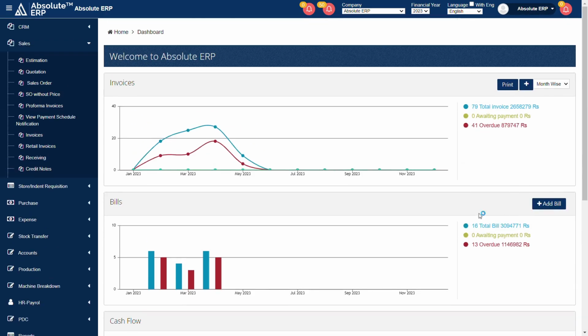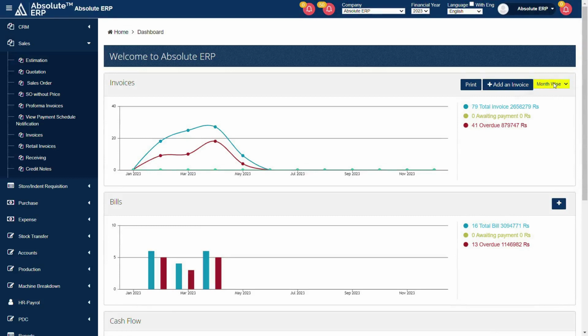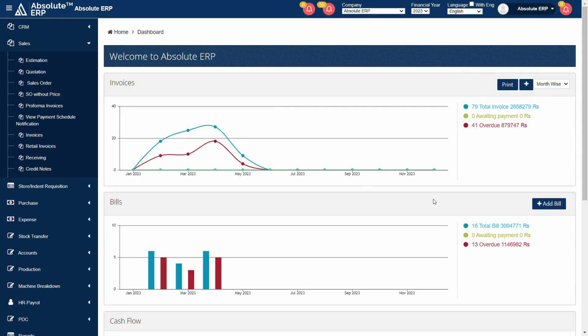Here are your invoice details: total invoice, awaiting payment, and overdue. If required, you are able to change this data month-wise and week-wise. Also, you have an option to print this dashboard. You can add new invoices from here. If you want to see your created sales orders without price,